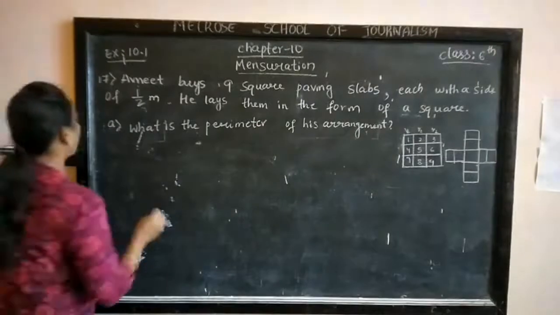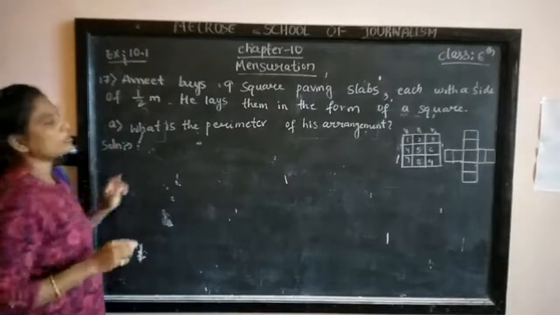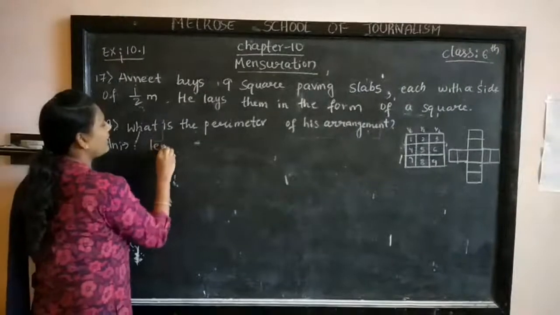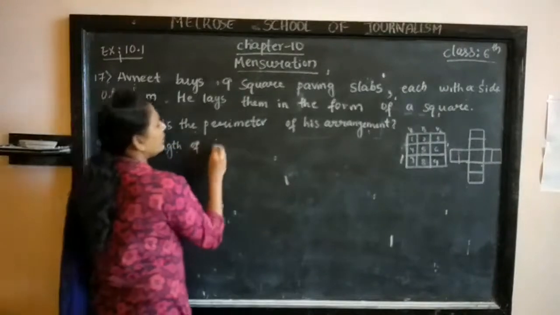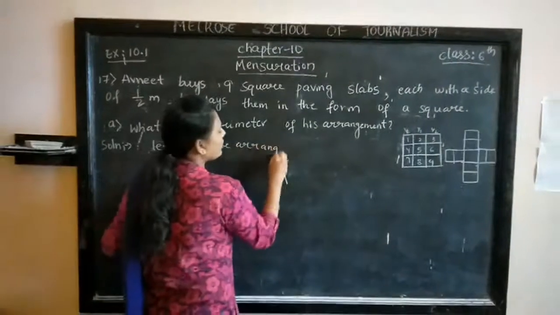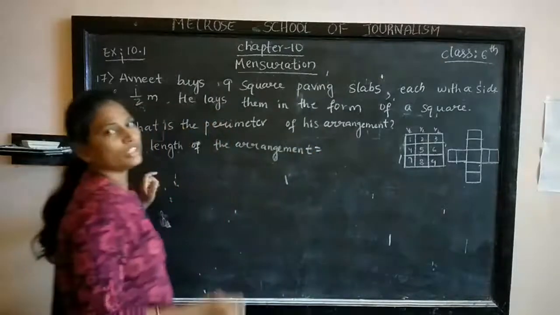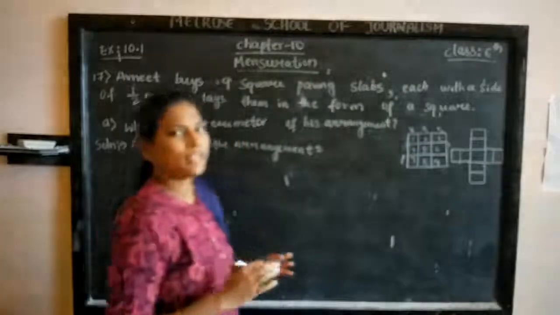Clear? Okay, fine. First find out a solution for a question. What is the perimeter of this arrangement? So first we need to get the length of the arrangement. What is the length of the arrangement? Each slab is half. So how many slabs did they keep? 1, 2, 3. 3 slabs means 3 and